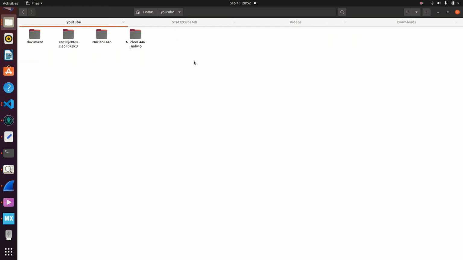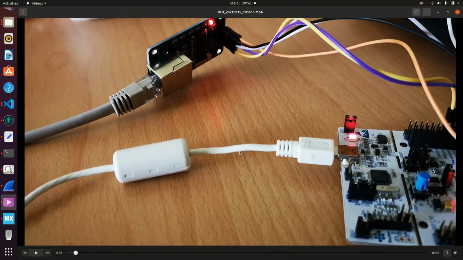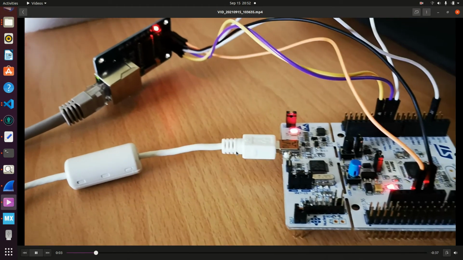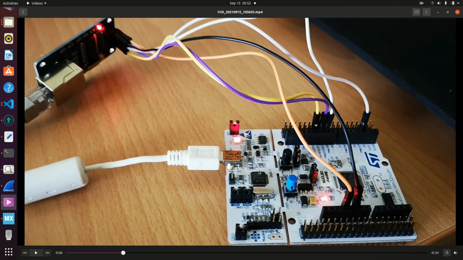Hello, today I'm going to show you two projects. Okay, the project is this. Okay, the project here is the Nucleo F446RE board, and also a